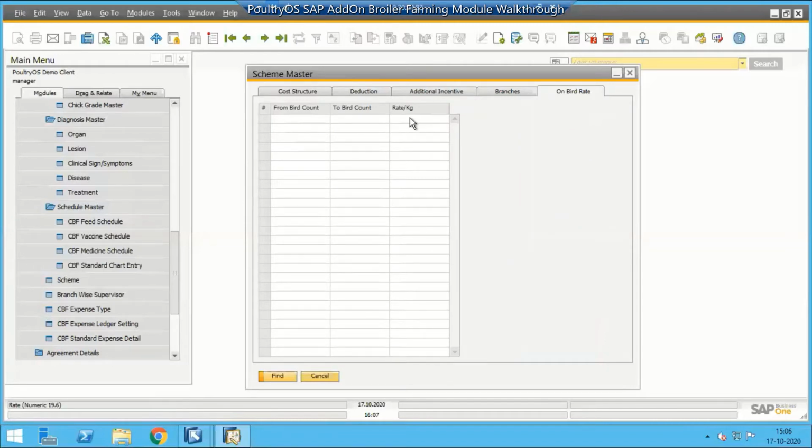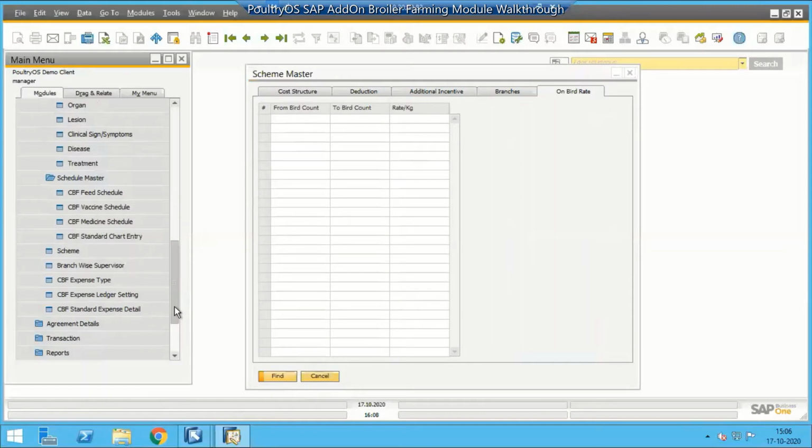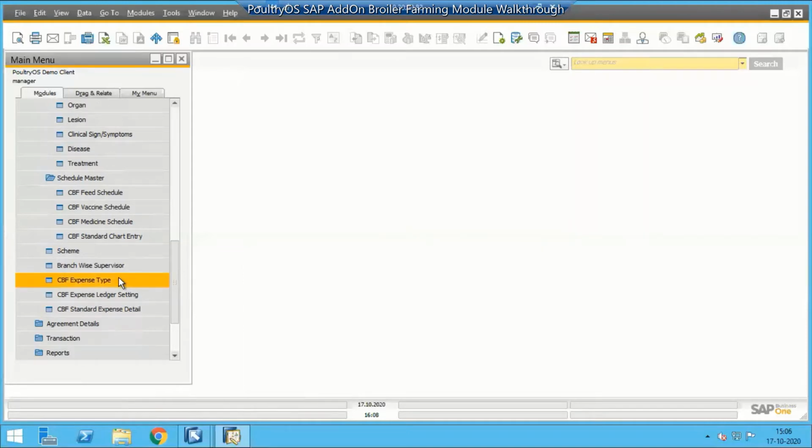Okay. So through Scheme Master, it's a completely configurable structure where we can add deductions as well as incentives based on performance and scenarios for our sales. Yes. If we have a better rate for sales, then we can give incentives to the farmer. And deductions and incentives will be applicable based on their performance with different parameters like production cost, FCR, BPI, or EF. Yes, so we can have multiple parameters, and we can do deductions and incentives based on any of these parameters.